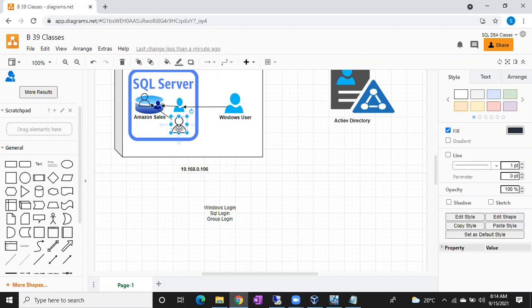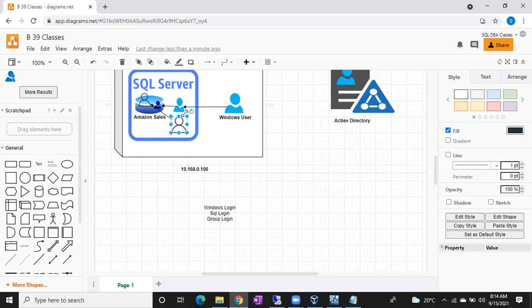We'll create a SQL DBA group, and we are simply going to create a group login for that particular group. Group means Windows group only. There is no SQL group. I'll explain about group login later, but nothing to worry. Tomorrow we'll discuss. So let's create a Windows login and SQL login. First, go with the Windows login.